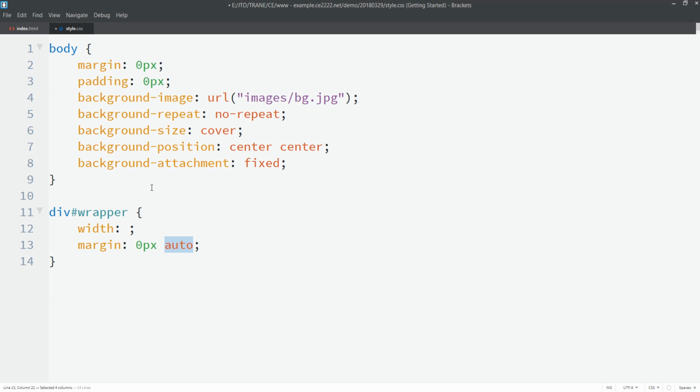You don't have to do a 0 pixels, and in fact, there are times when you want to start it off with a little bit of space from the top. But yes, the main thing that we're mostly concerned with is having some sort of width, as well as having an auto on the left or right, a margin left or right. So the width in this case,